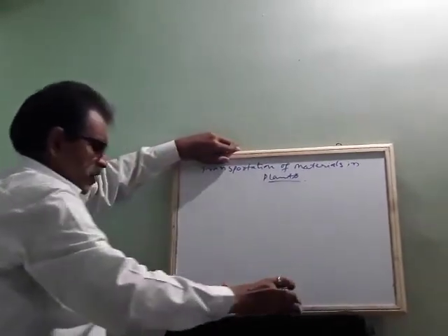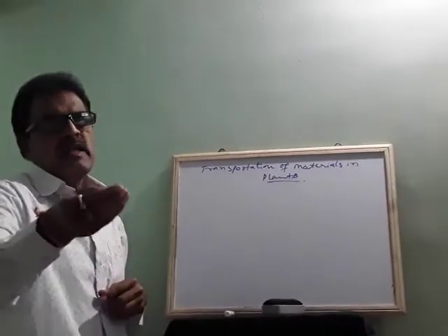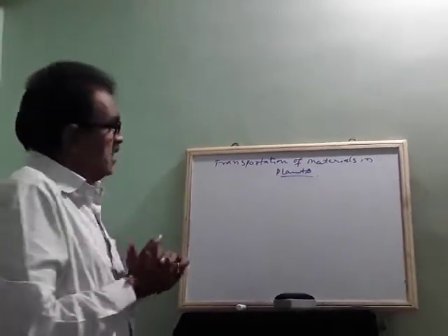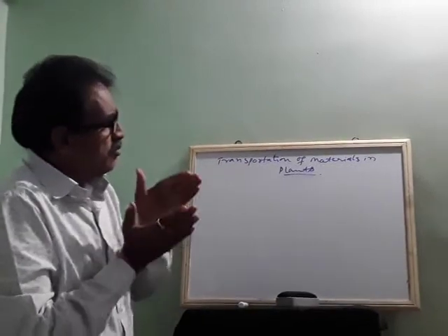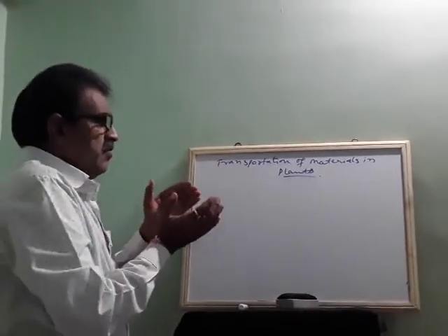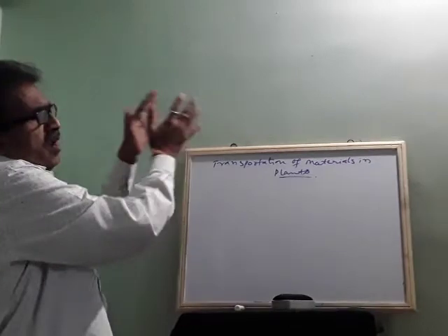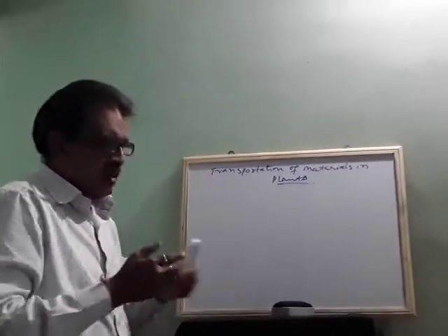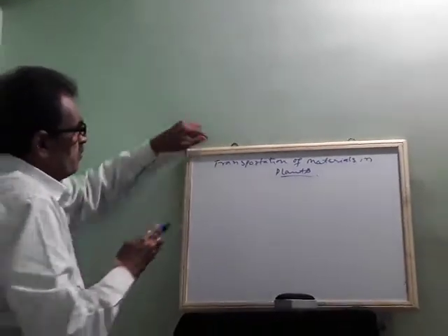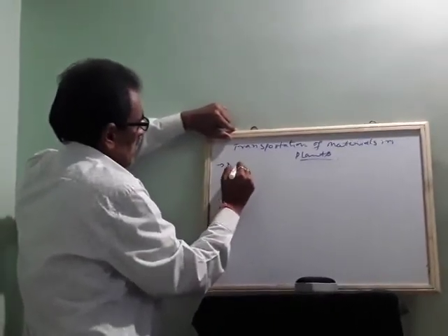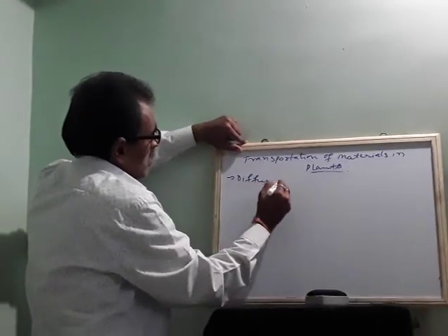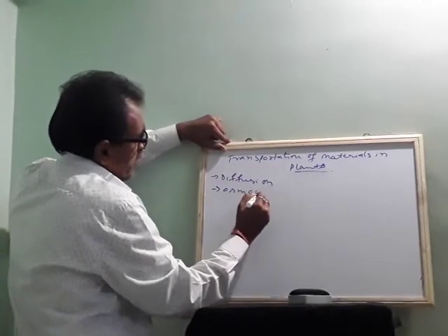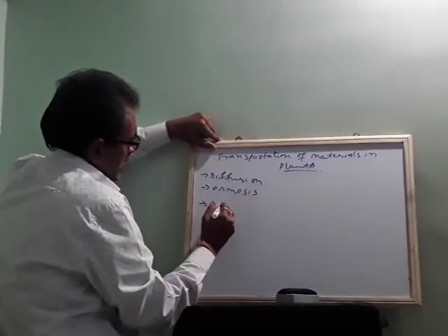Suddenly we cannot say it is like human beings, who take food, put it in the mouth, it goes inside, and it is digested. But in the case of plants, there are some processes or techniques by which materials travel from root to the top. There are three processes which you have to understand: one is diffusion, osmosis, and one more is active transport.